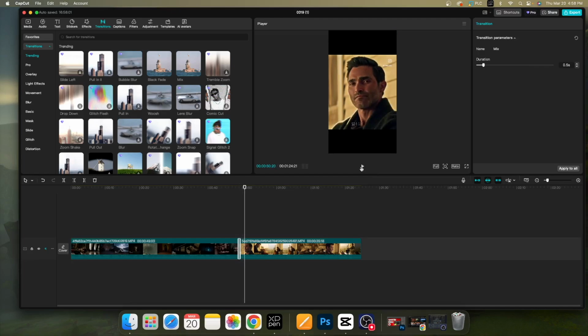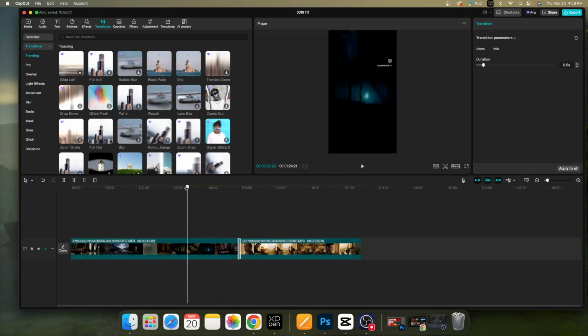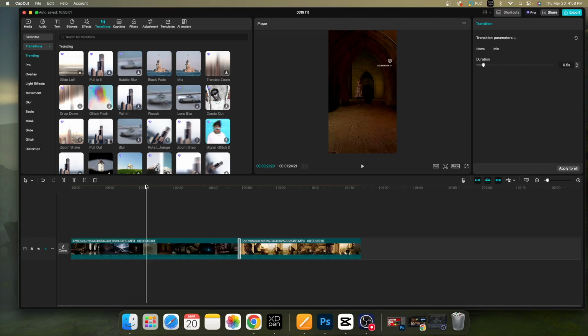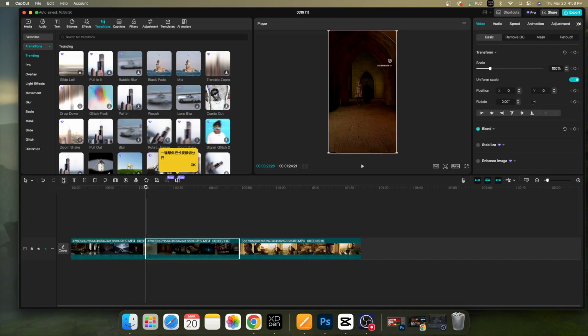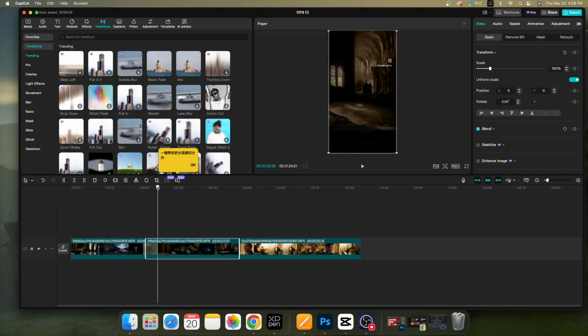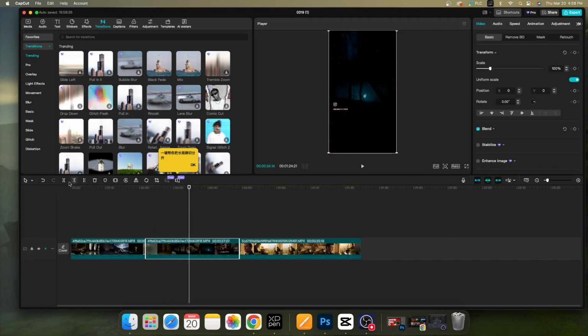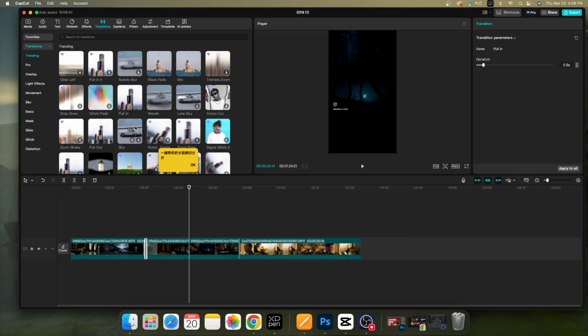So what we can also do is split a clip and then put a transition anywhere that we want. So let's say for example, I'm just going to choose here, and I'm going to split this clip. And then I'm going to go further down the line here and split it once again, and then be able to add transitions to those separated clips as well. So we can just go in here, choose something here. I'll put a transition there, and then